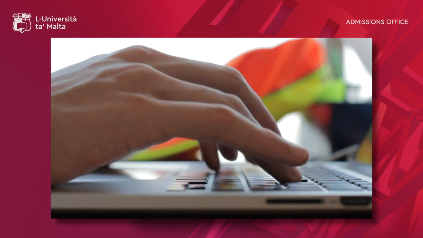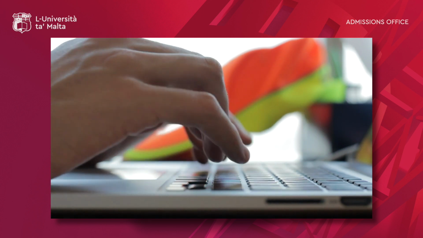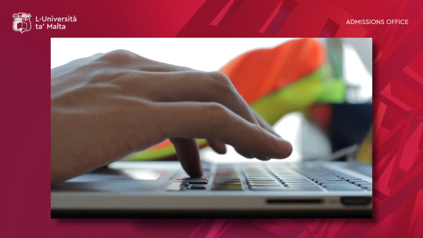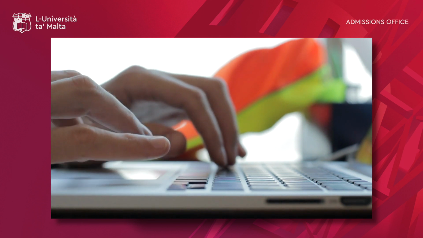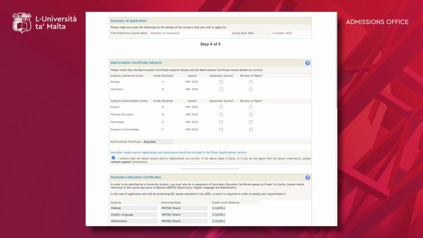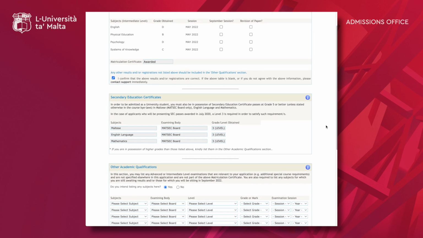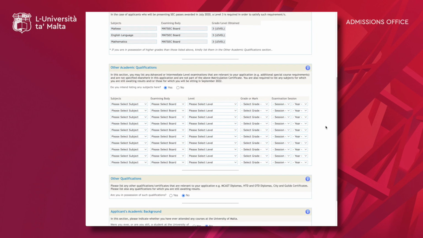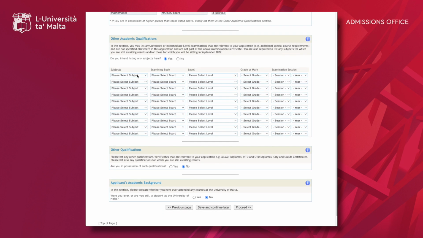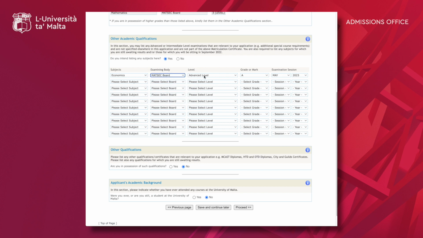To be able to progress to the next page, you are also required to choose the qualification being presented. After reading the data protection statement, please proceed to review and add any additional details as required on the following page. Go through the qualifications section and update as necessary. Under Other Academic Qualifications, list any additional A-level or intermediate level passes you may have obtained that are not listed